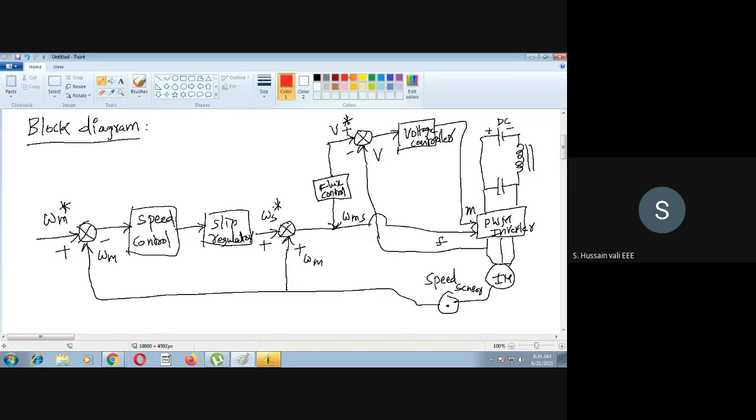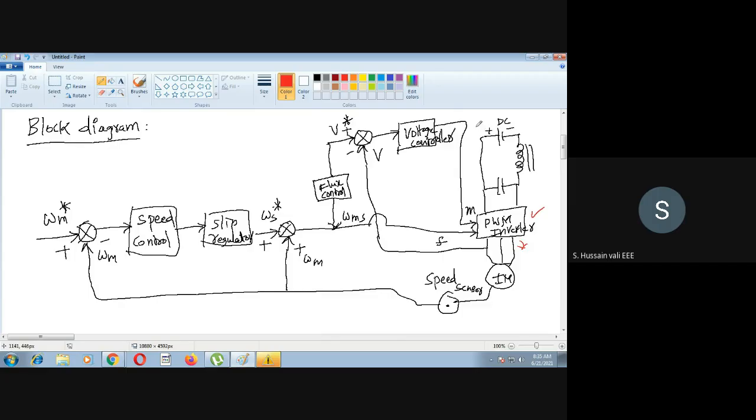Please observe this block diagram here. This block diagram is very much the same as the block diagram which we have studied for the PWM inverter. Here also you have the PWM inverter. Now where is the scope for the cycloconverter here? That is the question. After this PWM inverter, you can put it if you want, or